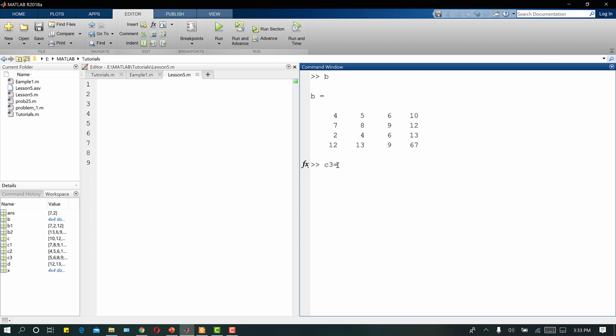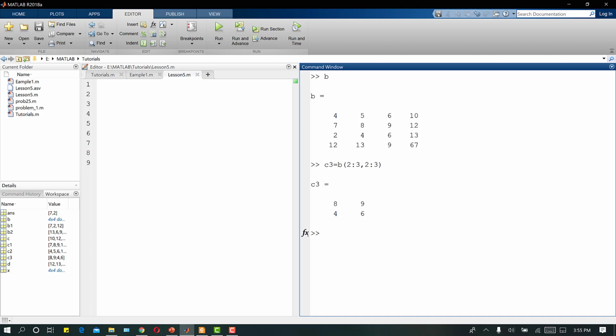So I will write C3, then B, then 2 colon 3, then a comma. On the left side of this comma are the addresses of the rows that I want, and on the right side of this comma I will enter the addresses of the columns that I want. So I want second colon third column. Now I have extracted 8, 9, 4 and 6, a 2 cross 2 matrix from the 4 cross 4 matrix.